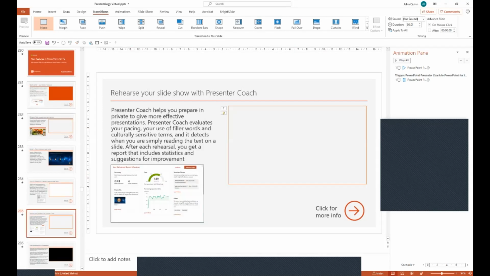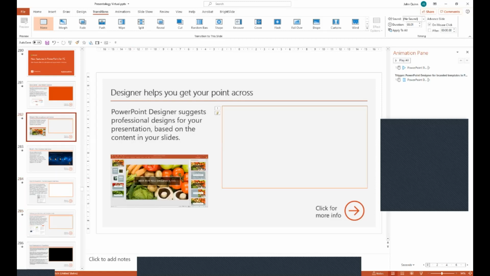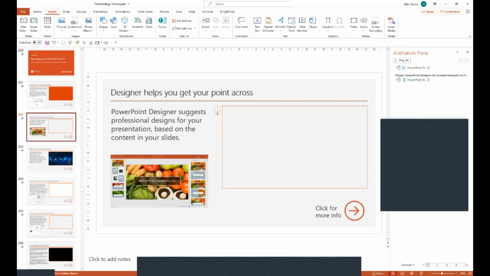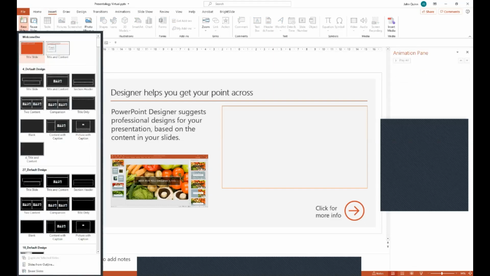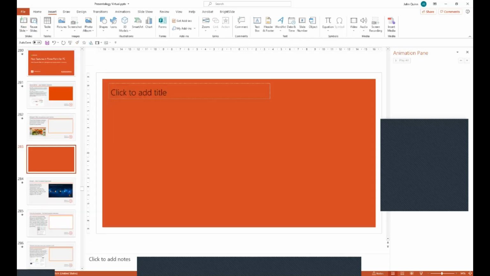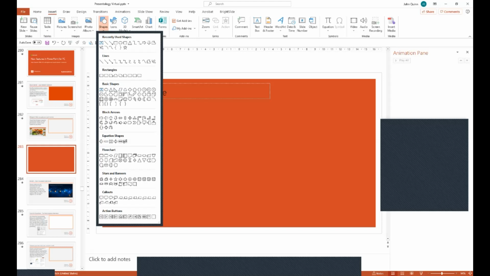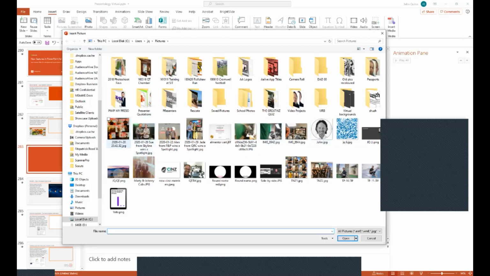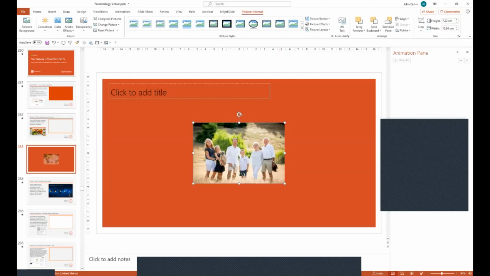So Quick Starter is a really neat option. Designer, I'm not sure if anyone of you have played with Designer, but if I say insert and I put in a new slide, Designer is essentially a designer in PowerPoint to help you create the layout of slides. But if I just put in a blank slide here, and if I insert an object on the slide, such as a shape or a picture, so if I go and get a picture and put it onto the slide, let's use these nice people, family shot,